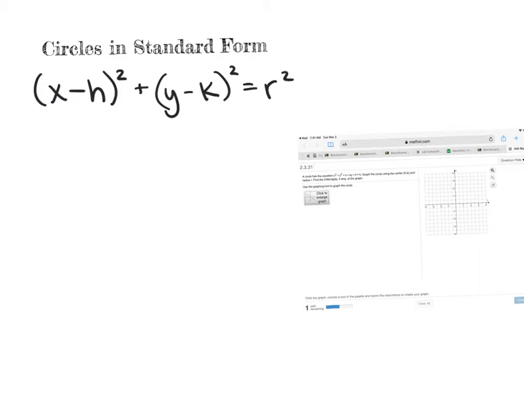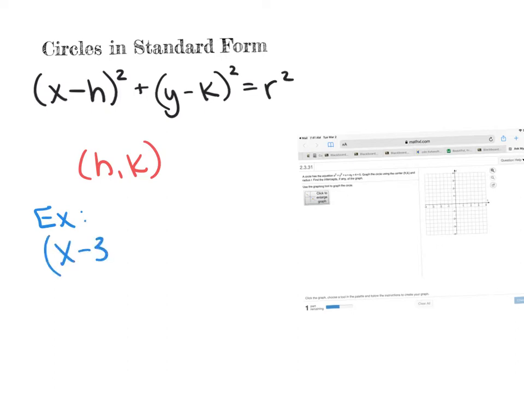The values of h and k, notice that in the equation they're negative, it's minus these values. So when we pull them out, we always have to flip their signs. We always want to flip their signs. Here's an example, if we have the equation of this circle,